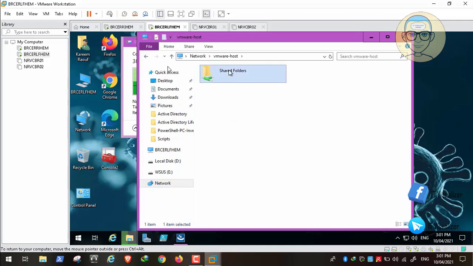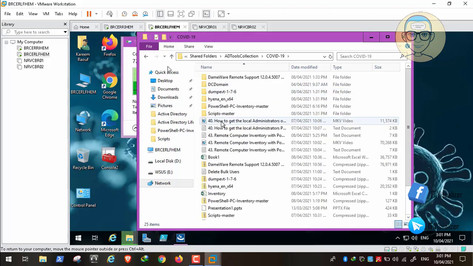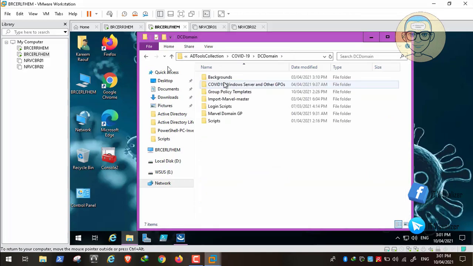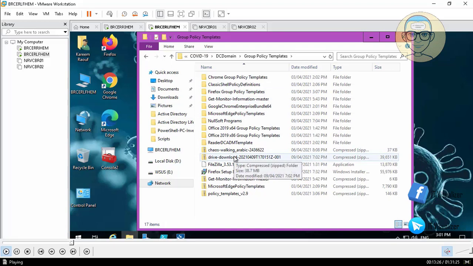So we have the Acronis, and we will use it later, and I'll show you all why. And the Hyena, and the ADManagerPlus, and then we will get, I think, DumpSec. This is also one of the softwares, but this is the free software to get Active Directory inventory, or to dump Active Directory information from the Active Directory database. So here I think this is the templates. I don't know why I am using this folder. Anyway,